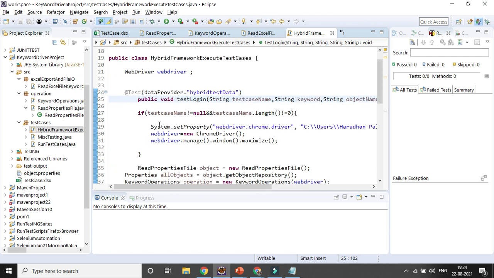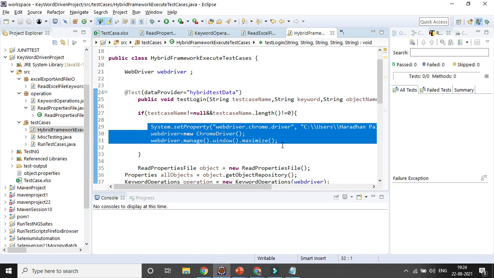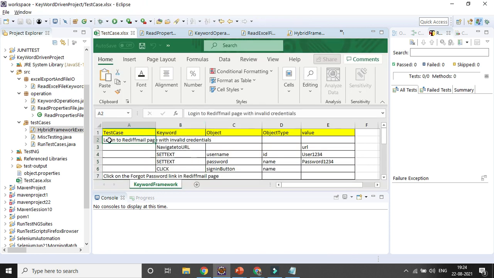So in case my test case is not equal to null and the length is not equal to null, every time I am opening the Chrome browser. So here, this means it is test cases, that is the reason a value is present. But for the other rows, it is the action or steps.